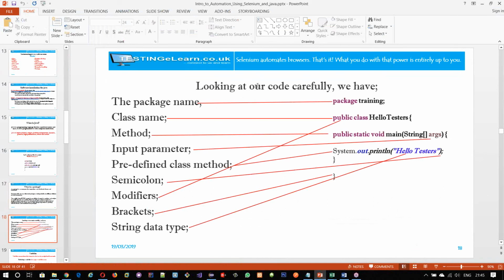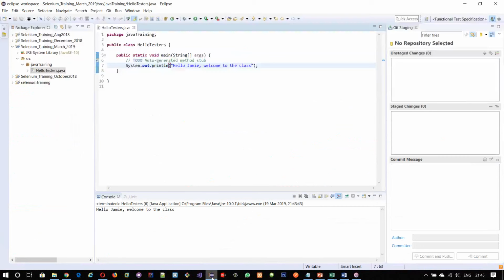So when you look at our code carefully, we see a package Java training. This is the name of the folder, so basically it means nothing. It's just a name that says where we created our code. And then this public class,